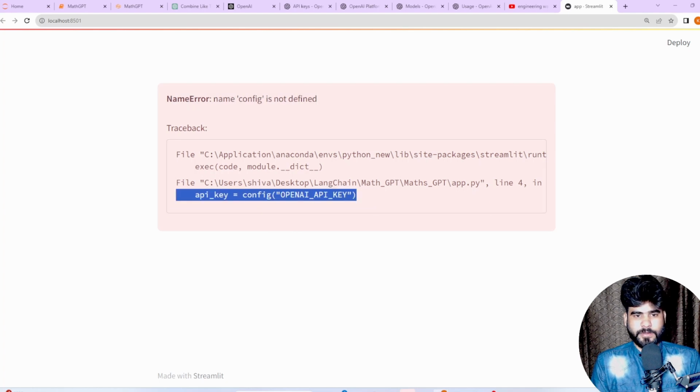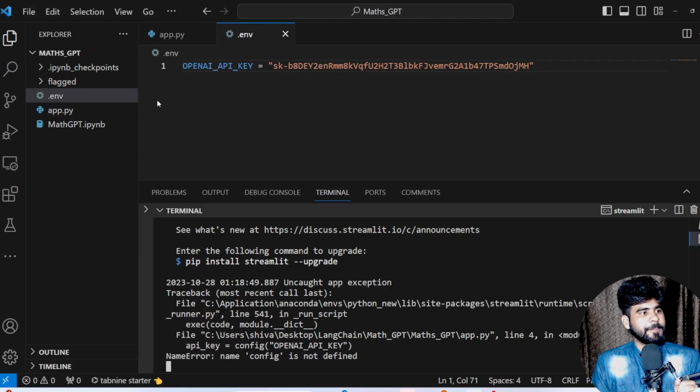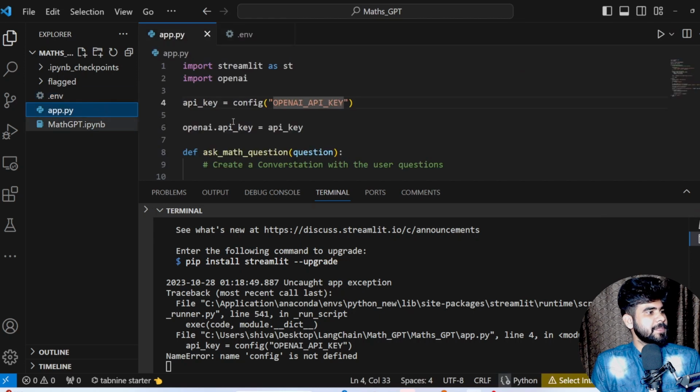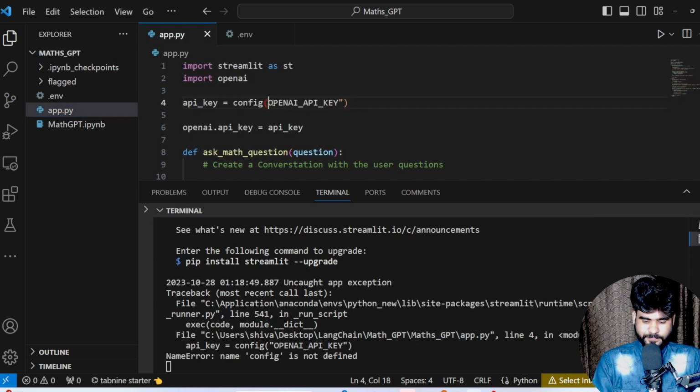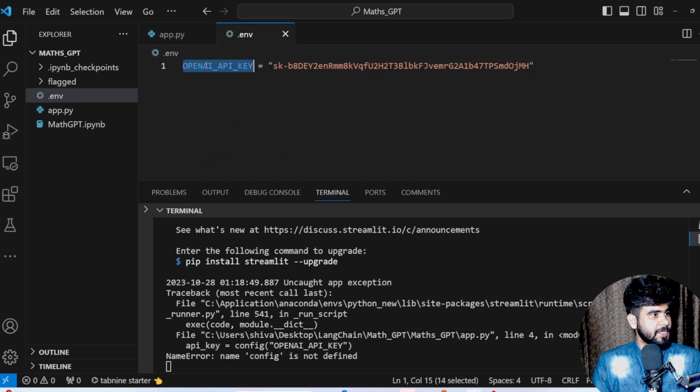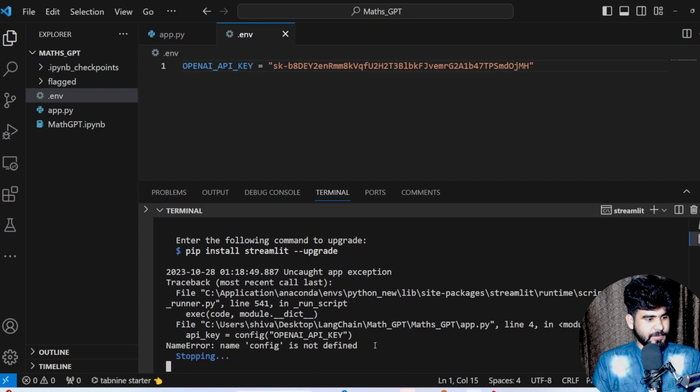So OpenAI. Now what I'm going to do, here we can call it in this way even. Let me go here, API key. This is the API key that I have. This is fine. The config name error. Okay, got it. I need to call it in single quotes, it looks like. Let's test once. OpenAI API key. Let's check the variable once. From here, OpenAI API key, the same variable that we have. Now let me rerun again.